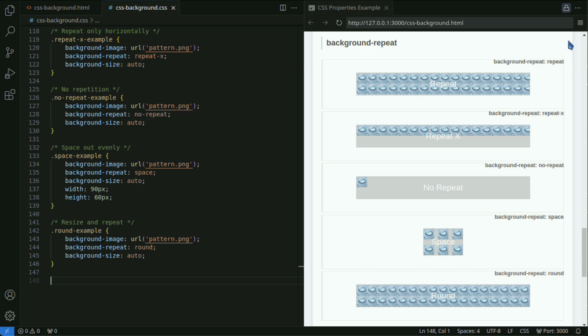No repeat: the background image is not repeated and is displayed only once. Space: the background image is repeated at regular intervals, with equal spacing between. Round: the background image is repeated, but the size is adjusted to fill the entire element. The image may be resized.